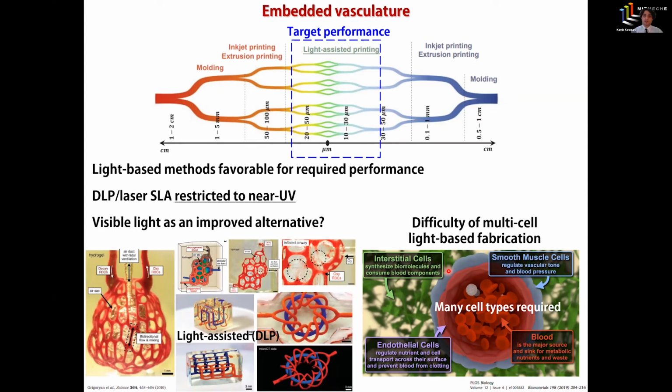So just a bit more on embedded vasculature. This figure on top compares different techniques in terms of their ability to create multiscale vasculature. We can see that light-based printing really is favorable to deliver the required performance. However, many of the light-based methods that have already been used, for example, the DLP method, digital light processing based, or laser SLA, stereolithography, are restricted to near UV or even UV light, and that could be damaging to the cell's DNA. So potentially visible light could be an improved alternative, which could increase cell viability and